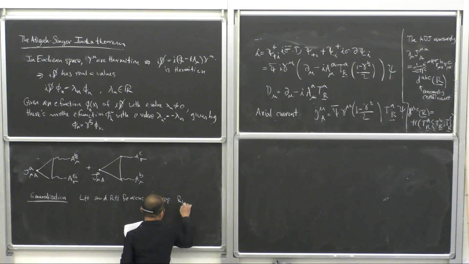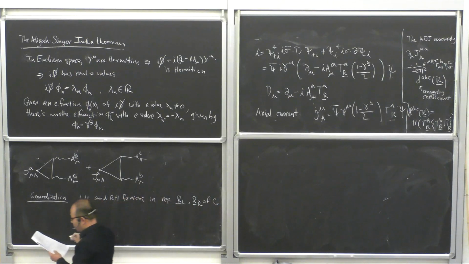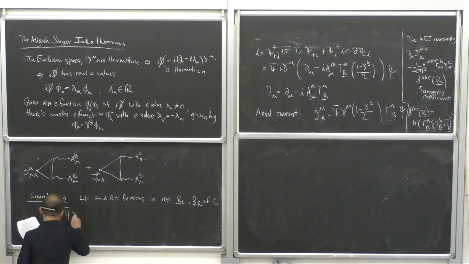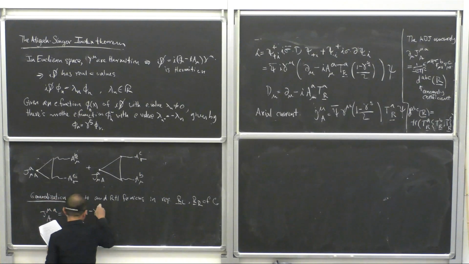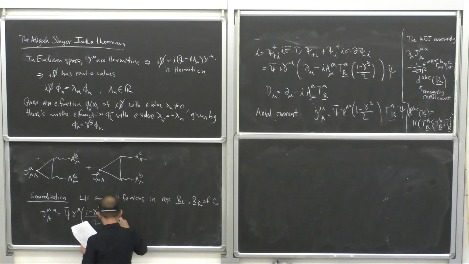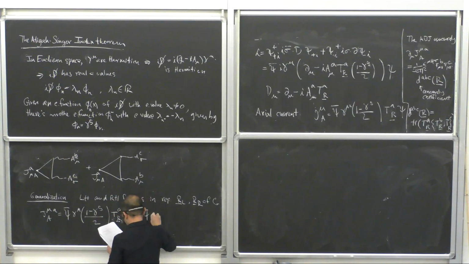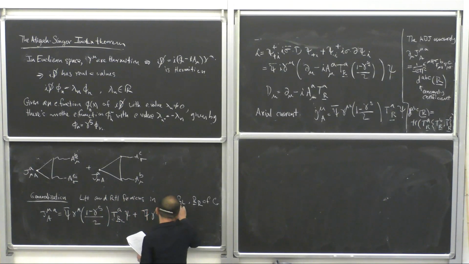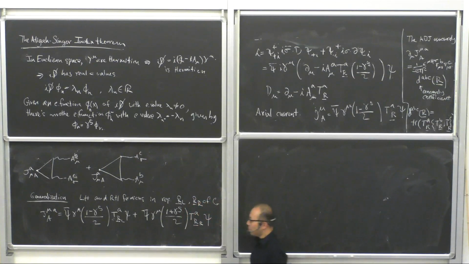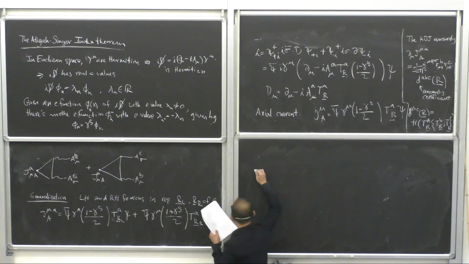In representation R_L and R_R of G, what you do, you will have J^μ_A = ψ̄ γ^μ (1−γ5)/2 T^A of R_L ψ + ψ̄ γ^μ (1+γ5)/2 T_R^A of ψ. Okay? And then the ABJ anomaly will just look like